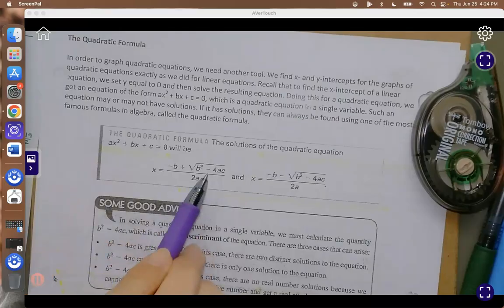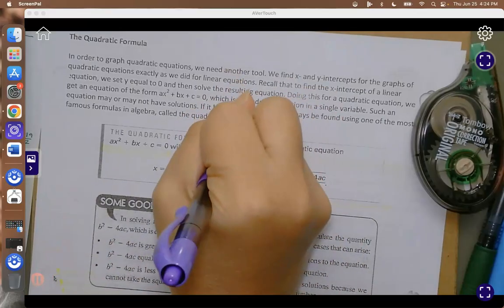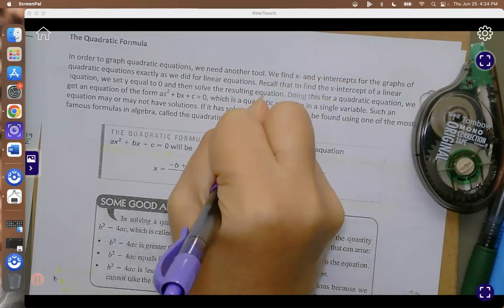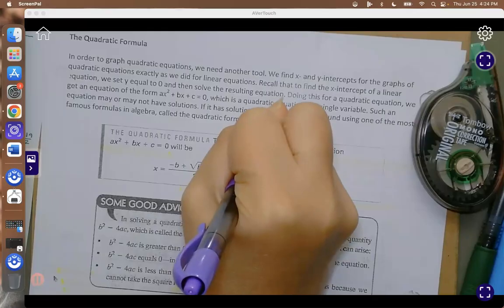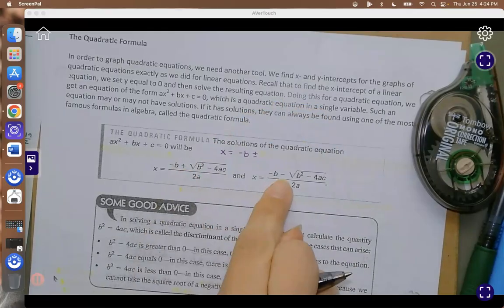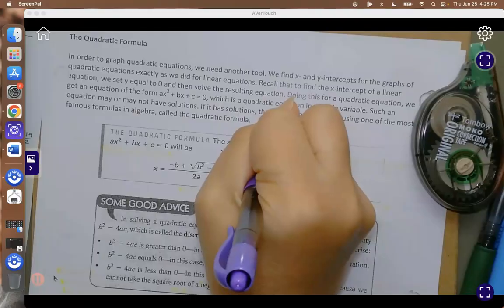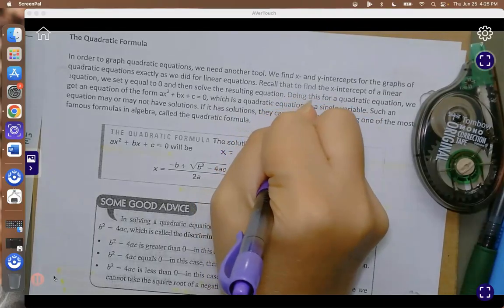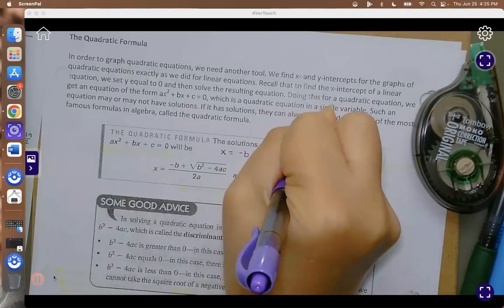And I don't like it when they separate it because that's not the way you learned it. So to find the solutions, you're going to go the opposite of b plus or minus, and see they separate it into two different equations. The square root of b squared minus 4ac